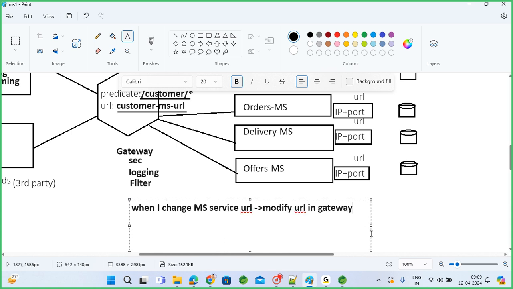Yes, of course, right, sir. I changed the URL, so definitely I need to modify this URL in the gateway. What is the problem in that, sir? Yeah, as a single microservice you may not see the problem, but imagine when you have hundreds of microservices while